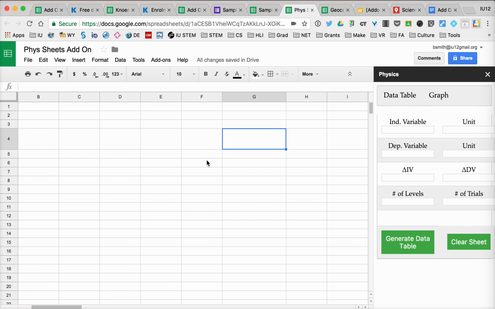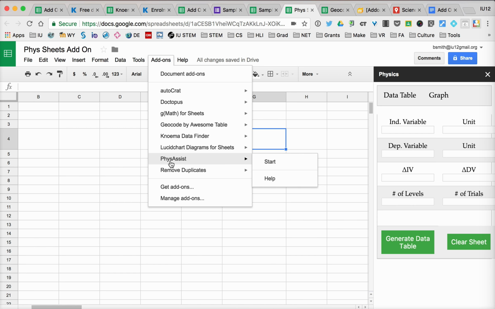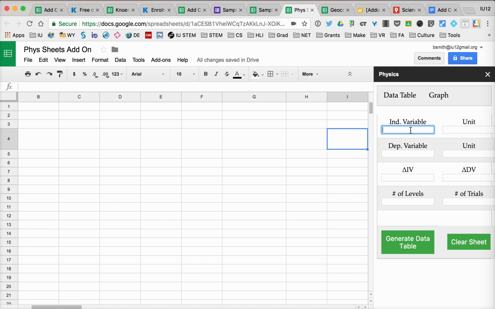Next, let's look at another one called physics. And so if I go to my add-ons, it's called Phys Assist. So when I start it, what's interesting is that it will set up a data table for me. So if you have students that struggle with setting up their own tables, this is a great add-on to help them. So if I say my independent unit is time,